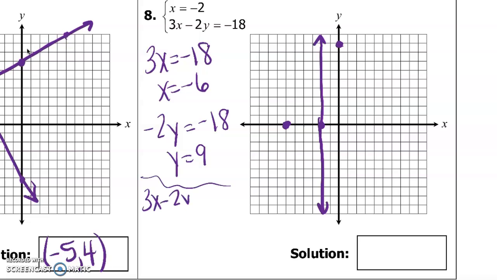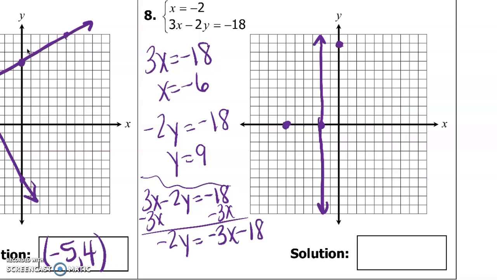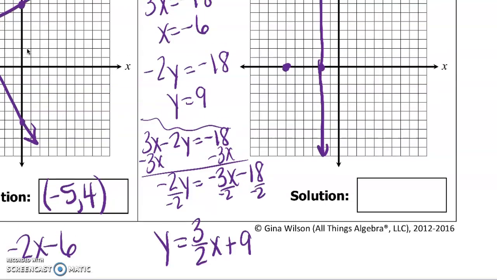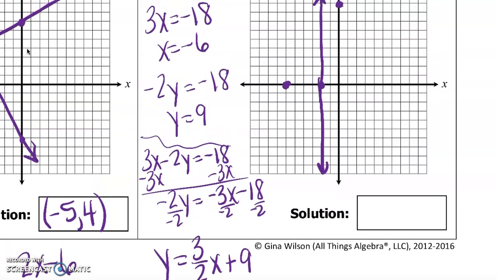So I'll show you that. So you would subtract 3x from both sides. Negative 2y equals negative 3x minus 18. Divide everything by negative 2, and we get y equals positive 3/2 x plus 9. So we know the plus 9 is correct. Instead of going up and right, we can go down